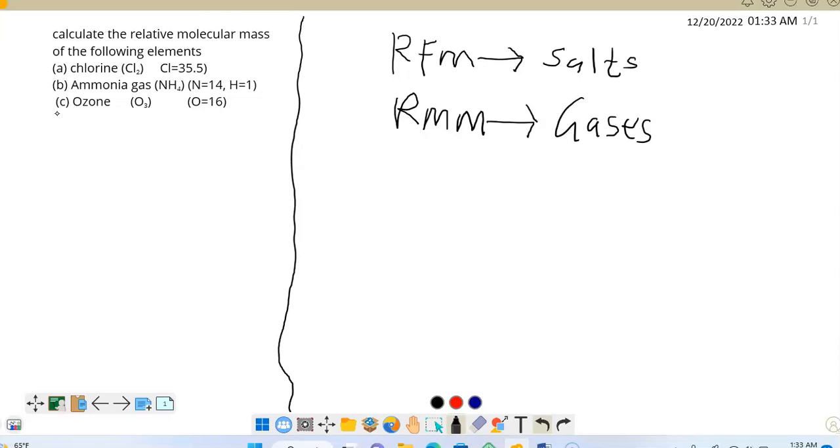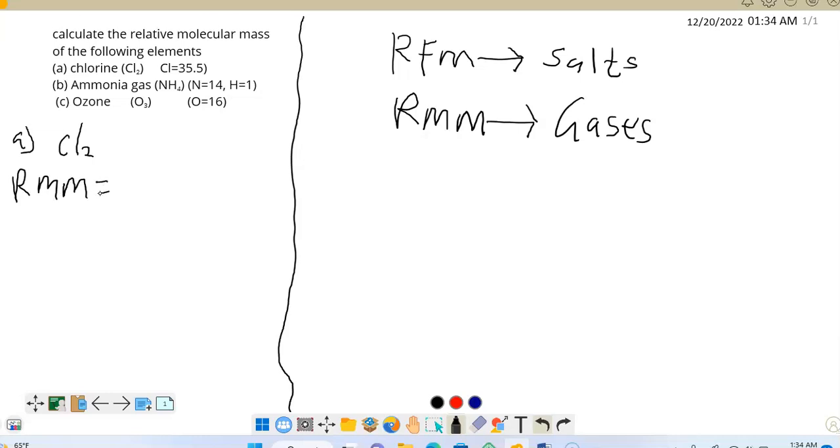So in relative molecular mass, let us see this example. Calculate the relative molecular mass of the following elements. We have chlorine. So chlorine is written Cl2. All gases always are diatomic. The reason why they are diatomic is because they cannot exist in the atmosphere as monoatomic. They exist as diatomic. And when a gas exists in a diatomic form, we call it molecular. So relative molecular